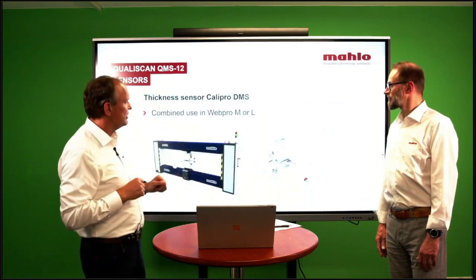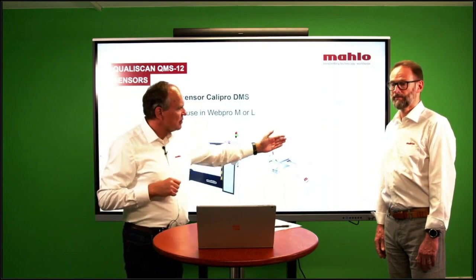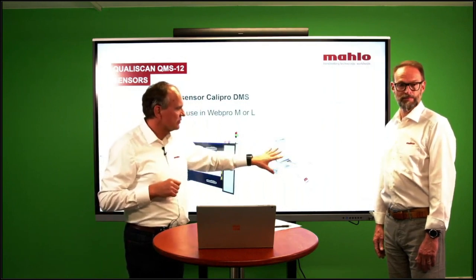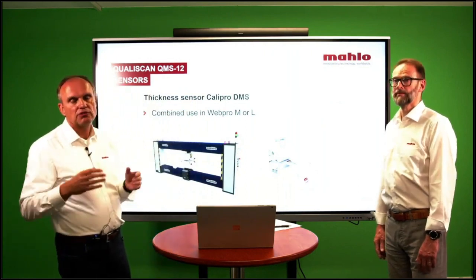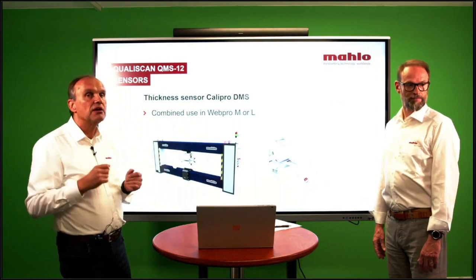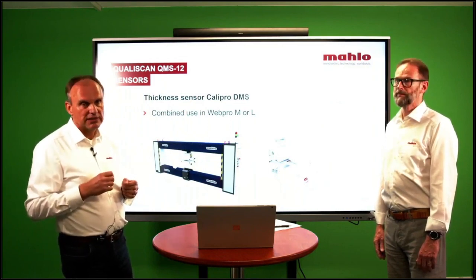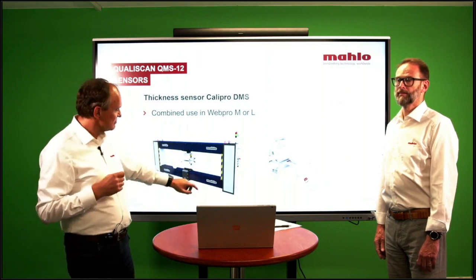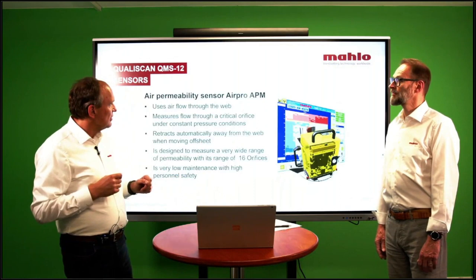Here we see a combination of a basis weight sensor plus a thickness sensor. So in this example, we have a measurement of basis weight and thickness at the same time. And we can also calculate the web density in this case. Last but not least, for our